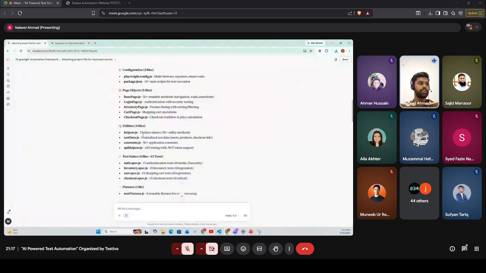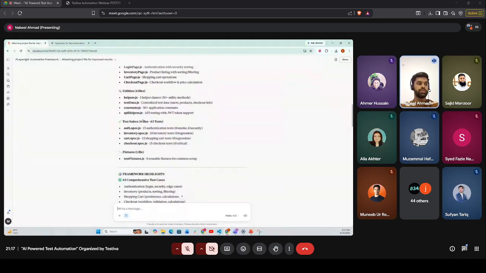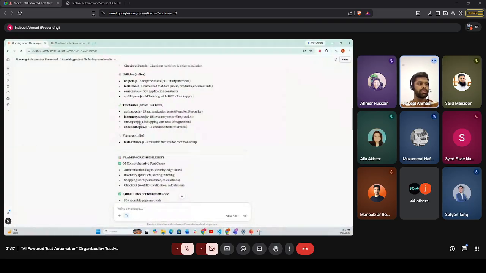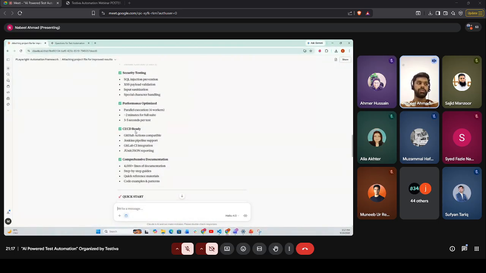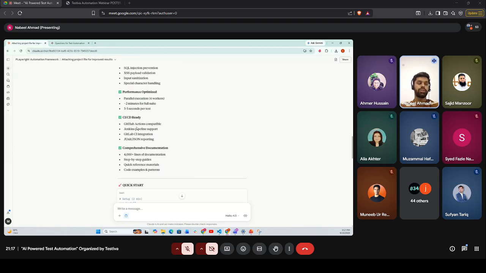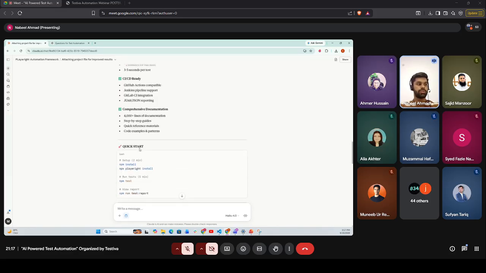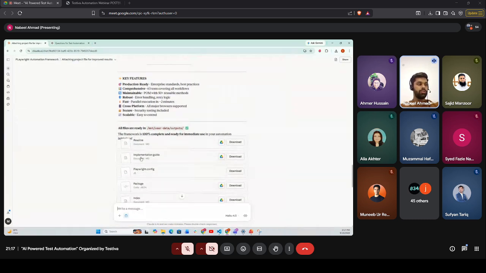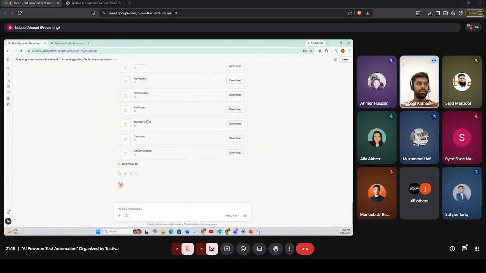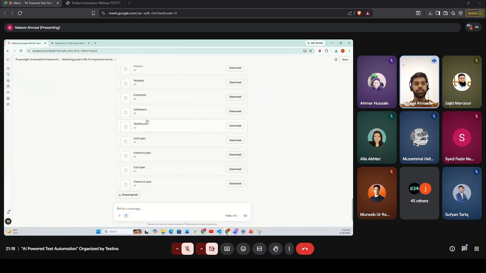So this is how it created the 63 test cases using the prompt that we gave it. And we don't need to give it a prompt over and over again just to finalize our framework and what we are looking for. If we want it to be GitHub Actions CI/CD ready, it is already following that. If we download this folder with one click, the whole framework, and paste it in, we will be able to run the whole test suite, the whole test run.